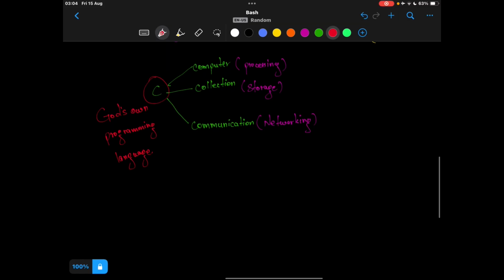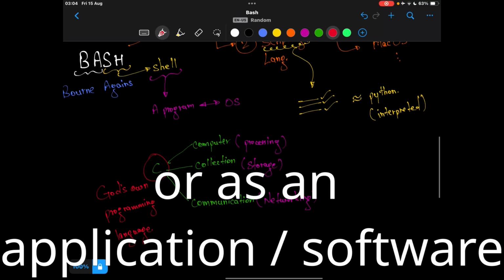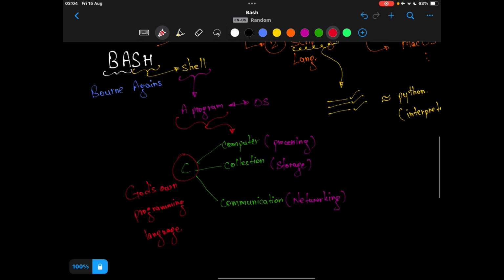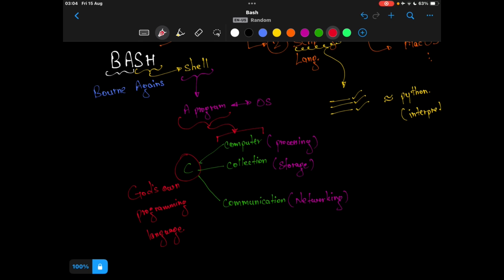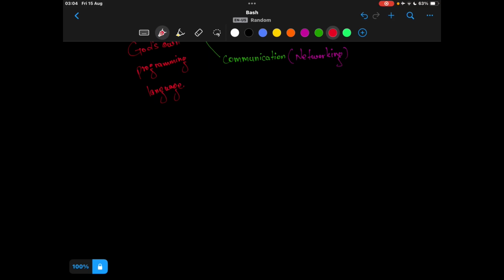There are programs to perform these operations, but if we want to do things manually, then we can use shell as a program to perform all of these operations. I'll give you an analogy to relate it to the GUI if you are coming from it.